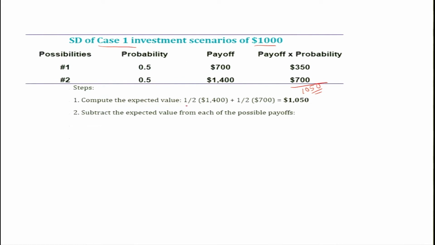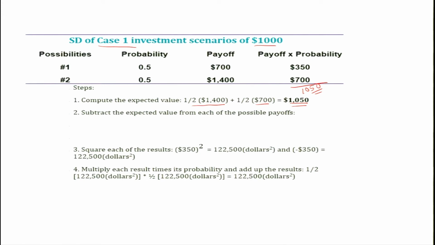What you need to do, the expected value is this times this, that is 1050. First calculate the expected value, then subtract the expected value from each of the possible payoffs. That means 1400 minus 1050 is equal to 350. That is one step. Another, we need to calculate 700, that is the payoff, minus the expected value, that is 1050, which is equal to